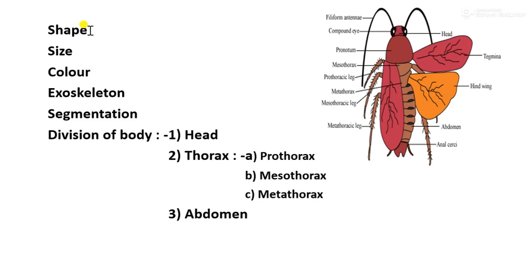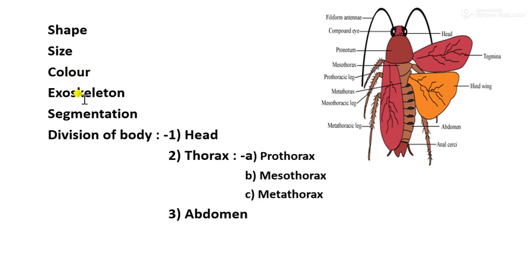First of all, I'll just tell you about the shape of the cockroach. Body is narrow, elongated, compressed dorso-ventrally, bilaterally symmetrical. And the size of the cockroach: the adult cockroach measures from 2 to 4 centimeter in length and about 1 centimeter in width. And the color of the cockroach is a dark reddish brown. There are two dark patches surrounded by a light brown margin in the first thoracic segment.